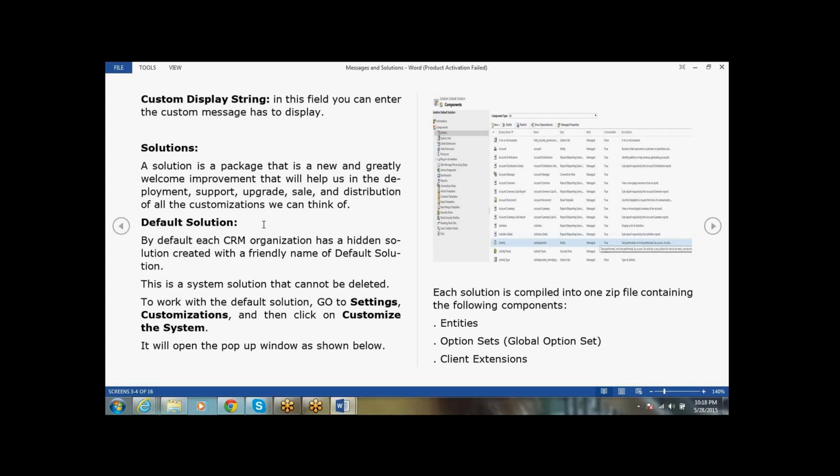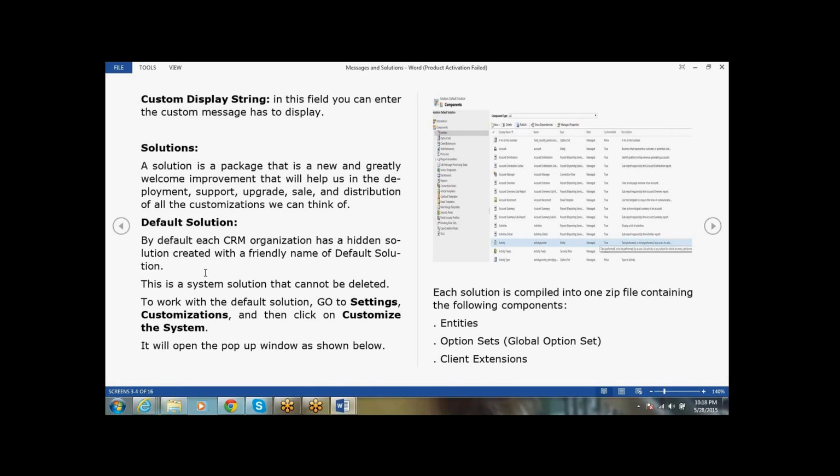First we will discuss the default solution. By default, each CRM organization has a hidden solution created with the friendly name Default Solution. It is created automatically whenever you install the CRM organization.